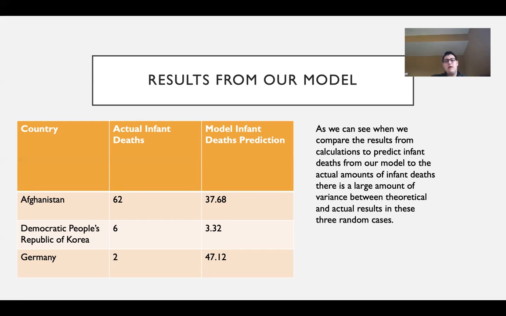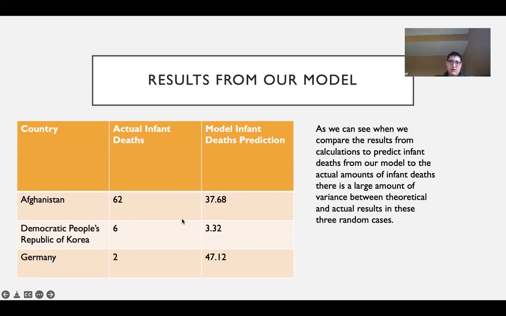And so the model from the page above gave me the number 37.68. So rounding up, it'd be 38 infant deaths. Ultimately, there's a difference of 24 there, which doesn't sound necessarily like a lot, but then we get into the